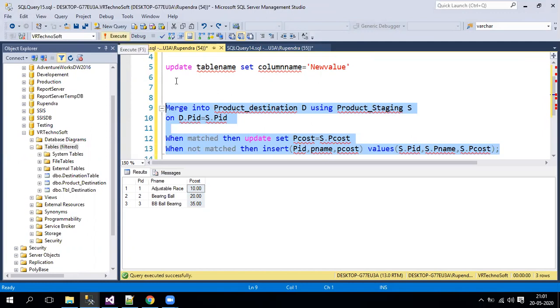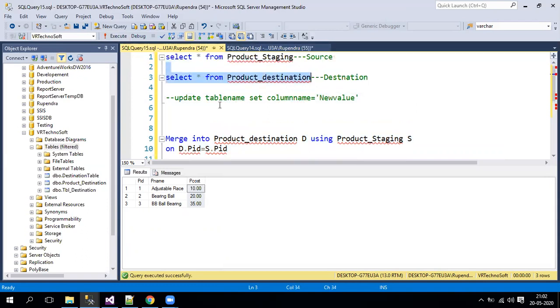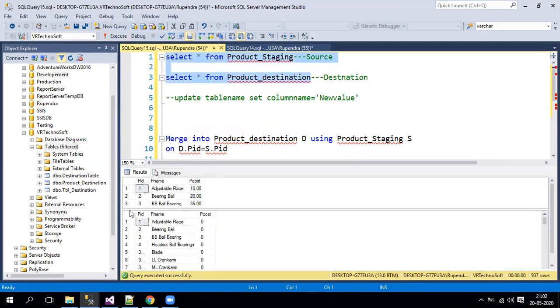When you execute this, based upon the key column PID equals SID, it will check whether it is a match or mismatch. Let me comment out this update. Now when I'm executing this, the matching records between source and destination are three records, 1, 2, 3. Here also 1, 2, 3.